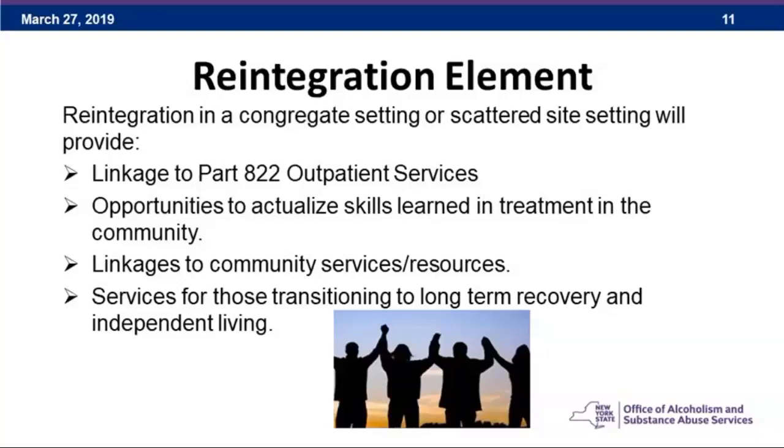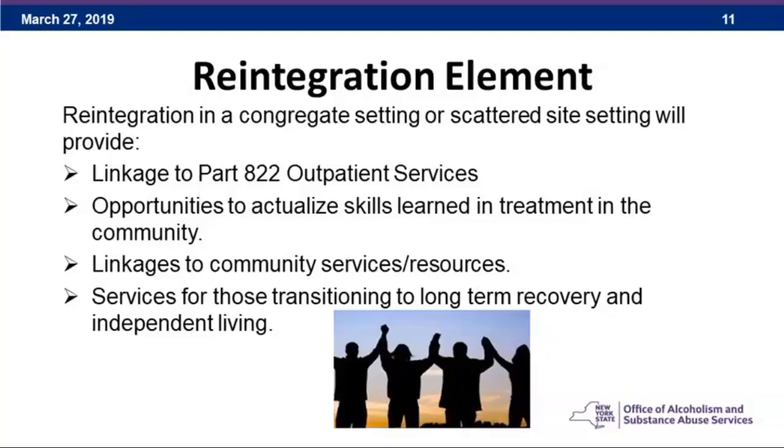So to be clear, many of the providers who have transitioned to 820 reintegration have provided linkage to community services for years. But what we're asking you to do is look at the new recovery centers that are available in your community. Look at the local gyms, yoga, meditation, and other wellness services that your demographic population could